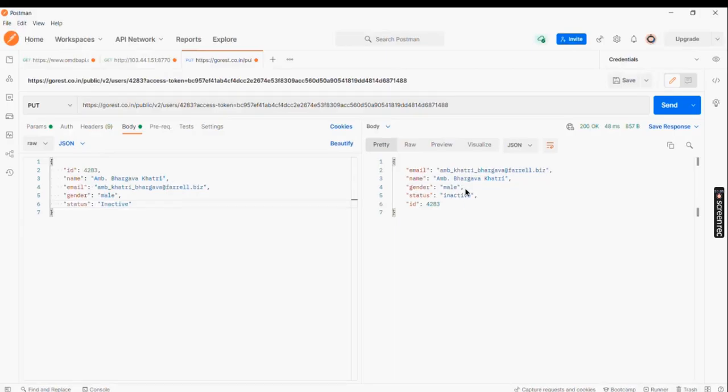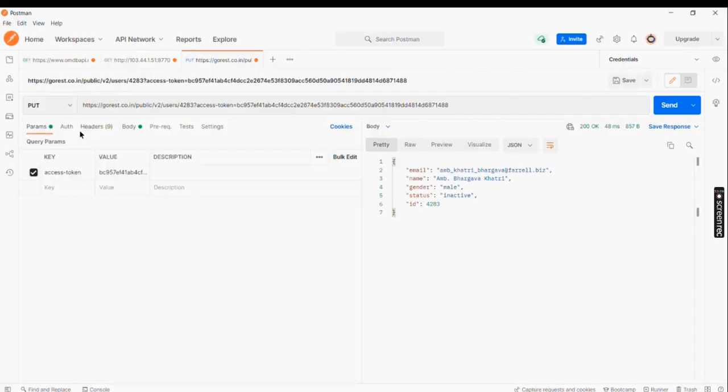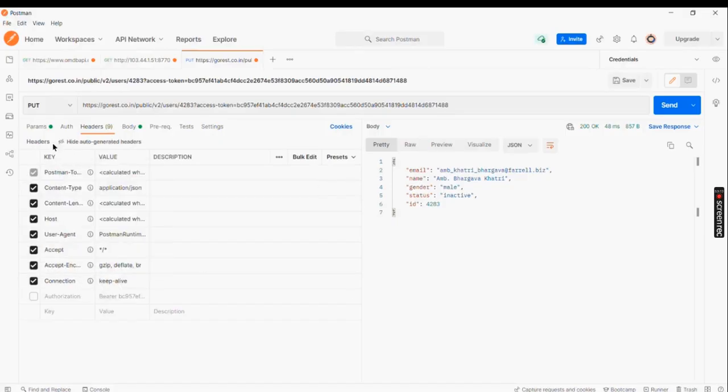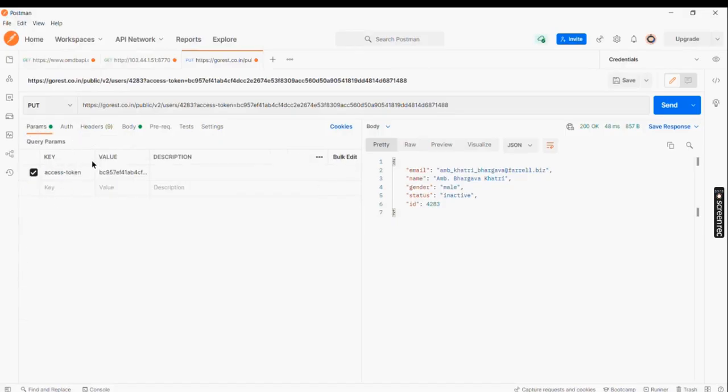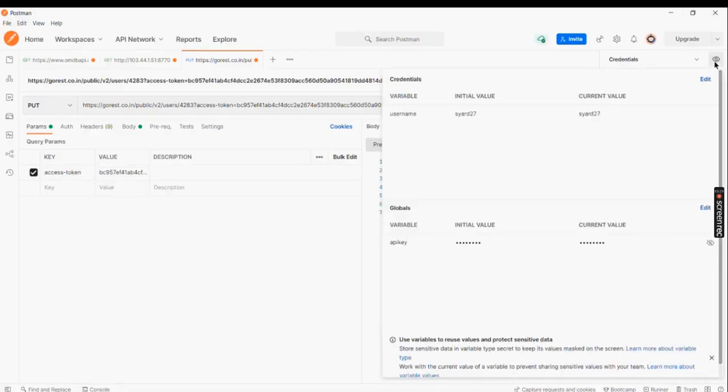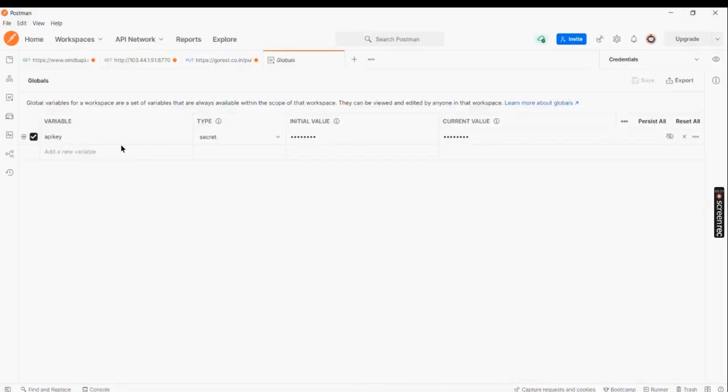Can you see this? It became inactive. What I did was not pass it as an authentication, I did not pass it as a header. I just passed it as a parameter. So even if you pass it as a parameter here, with this access token, this will also work. Similarly here, you can go edit, pass access, here pass a bearer token,